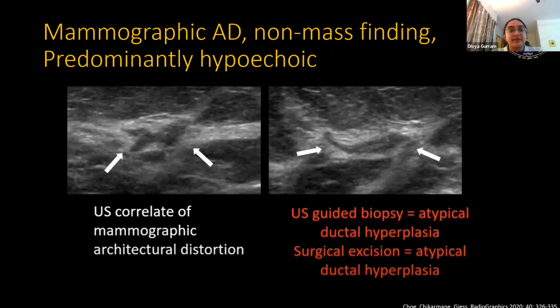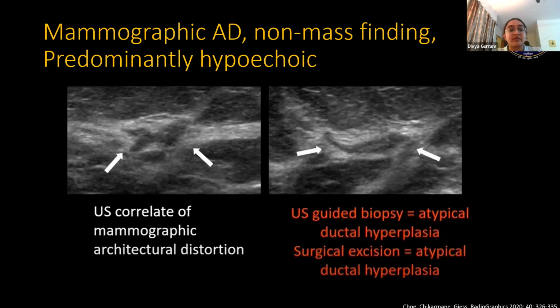Then again, here we have another ultrasound image, which is a correlate for mammographic architectural distortion. These are two images of the same finding in orthogonal planes. On the right side, we have a non-mass lesion, which appears as this oblong hypoechoic area. It's quite a nondescript finding, but on the orthogonal plane, we see that it appears a lot more suspicious,